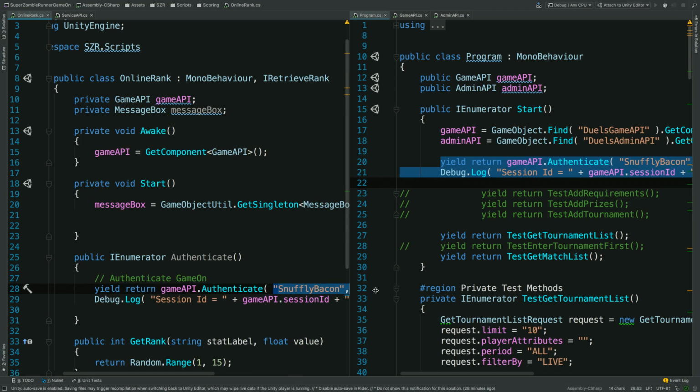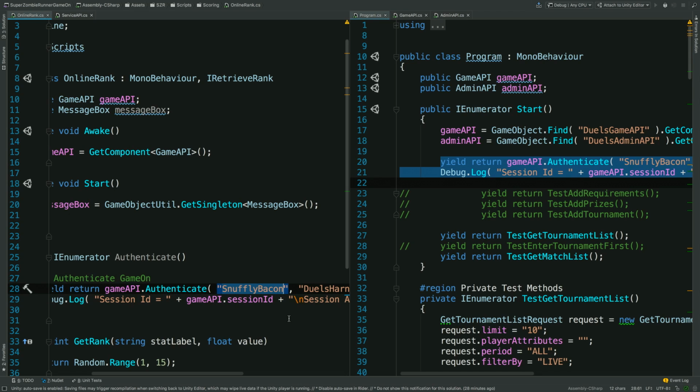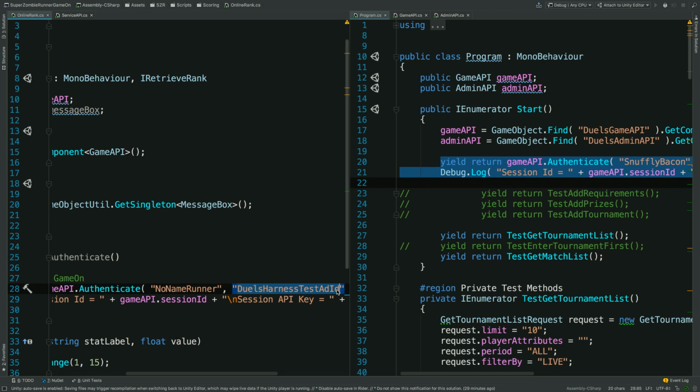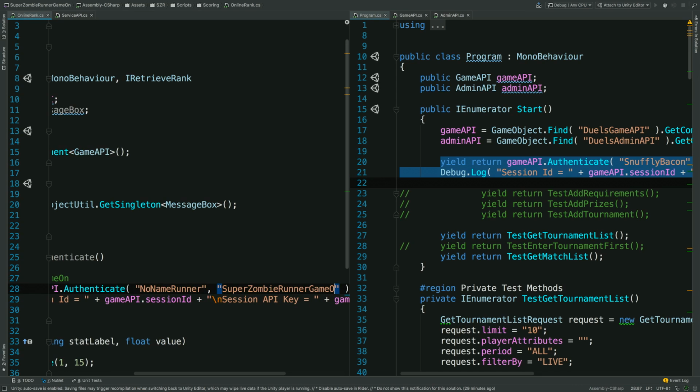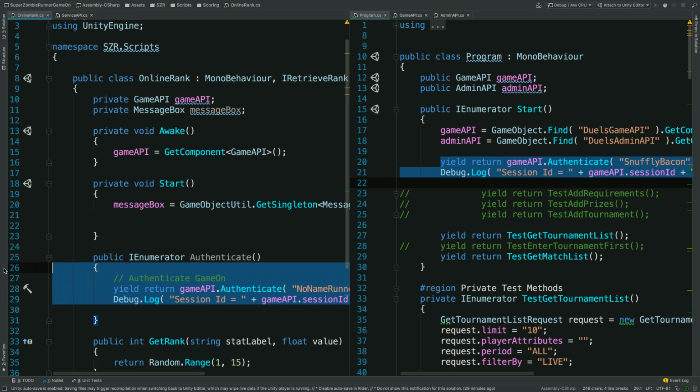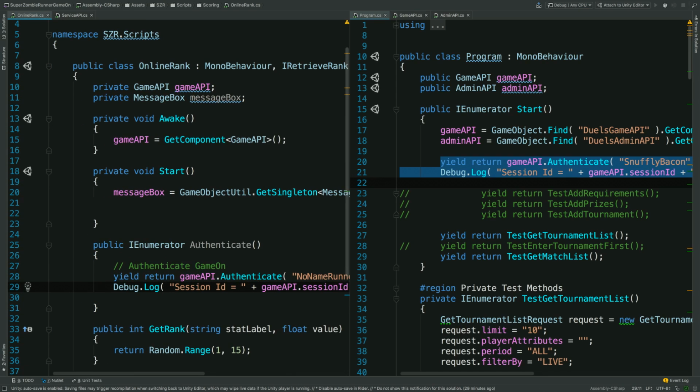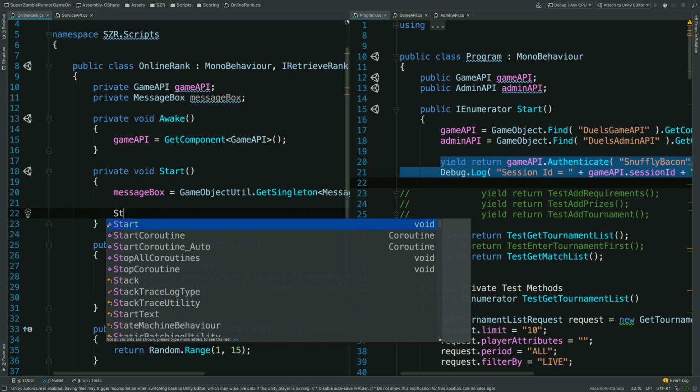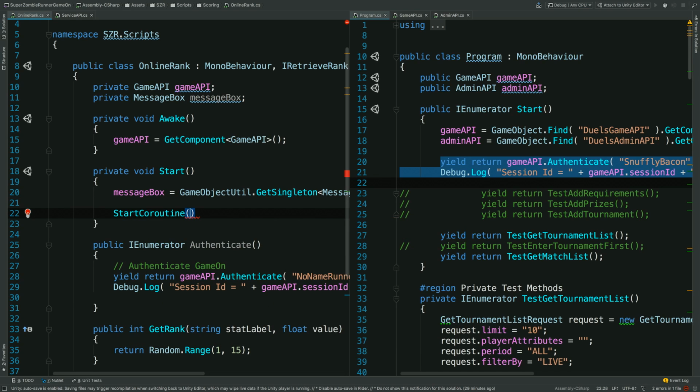So we're going to name this No Name Runner, and we're going to call this Super Zombie Runner GameOn. And the theory is that if I call StartCoroutine and we pass in Authenticate, this will now